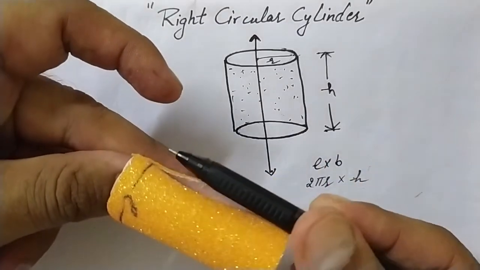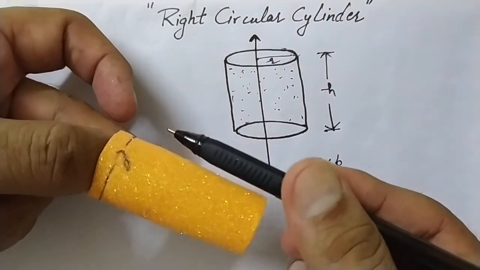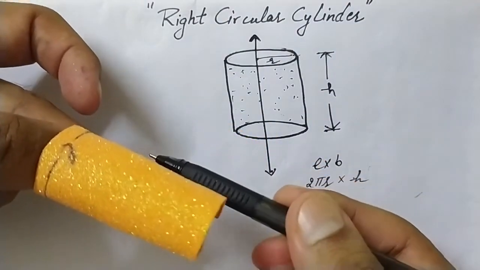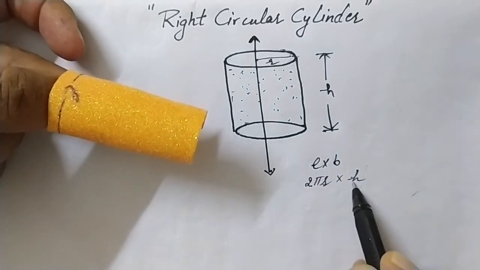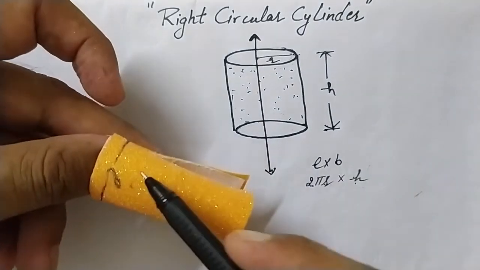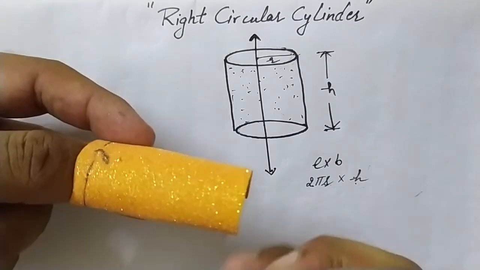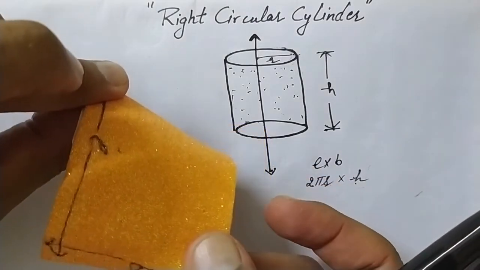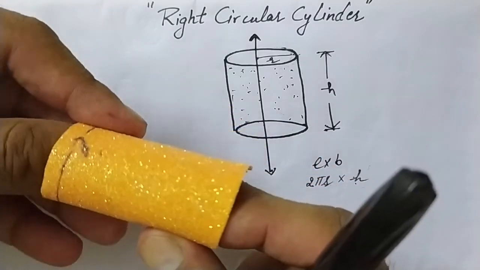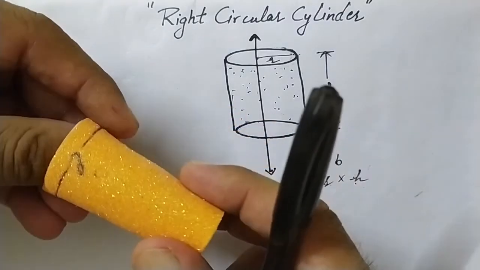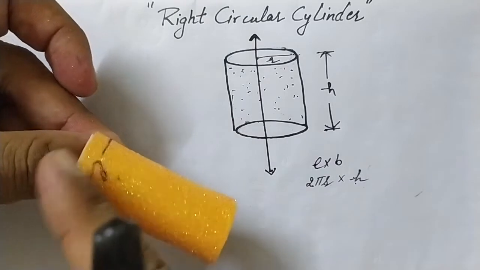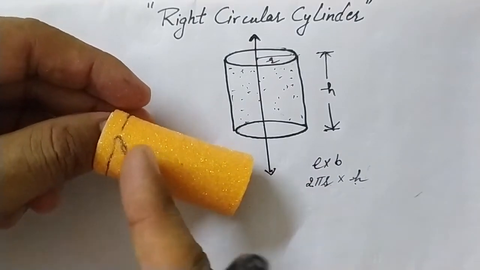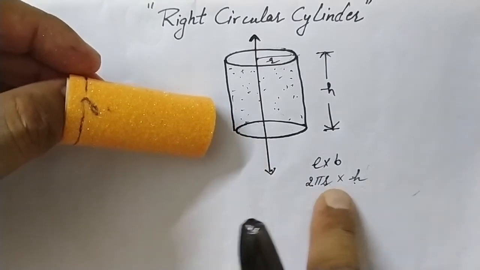This full orange portion that you see is called the CSA of the cylinder, right? The formula for the CSA of a cylinder is 2 pi r h, because the rectangle's area is the same as the CSA of the cylinder, as I have made this cylinder with this rectangle only. The rectangle's area is L into B, and if I mold it in the form of a cylinder, its area will still be L into B, but L is now changed into 2 pi r and breadth is changed into height. So it is 2 pi r h.